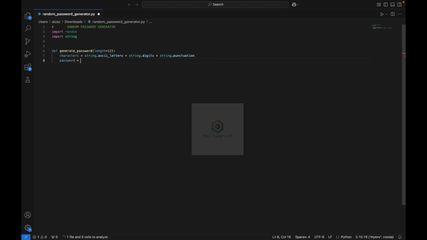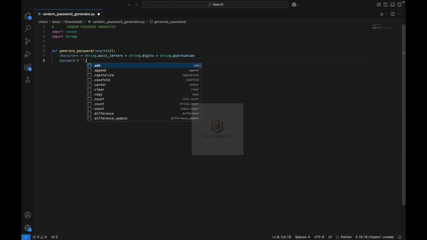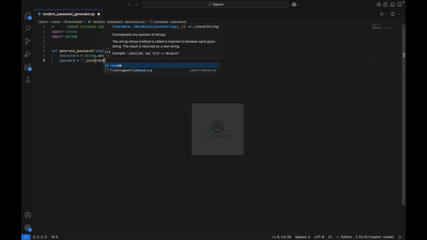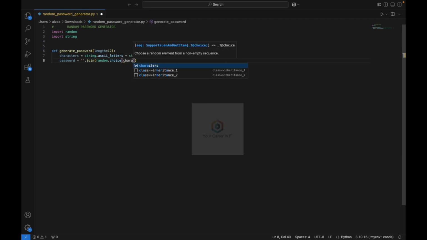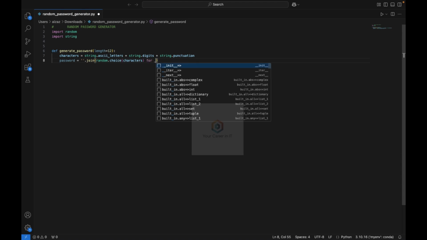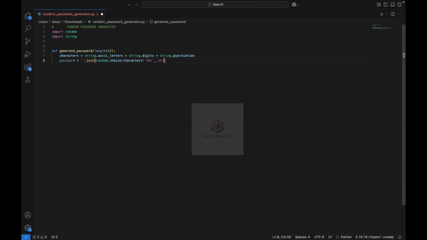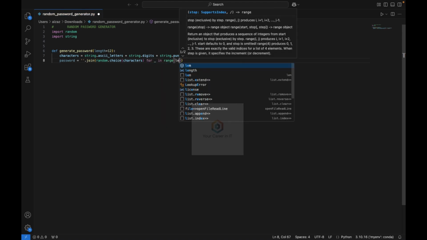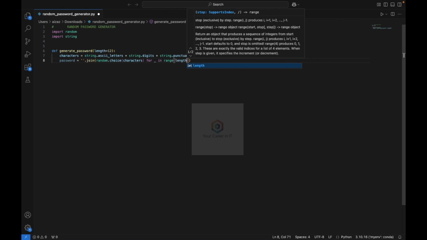Now password equal to ''.join(random.choice(characters) for _ in range(length)). And after this